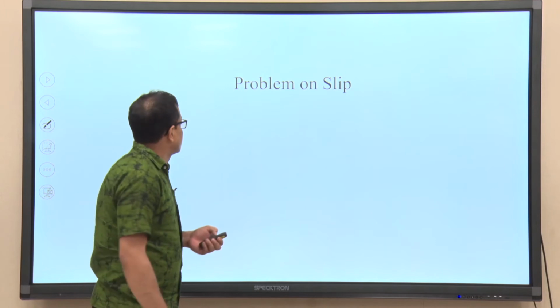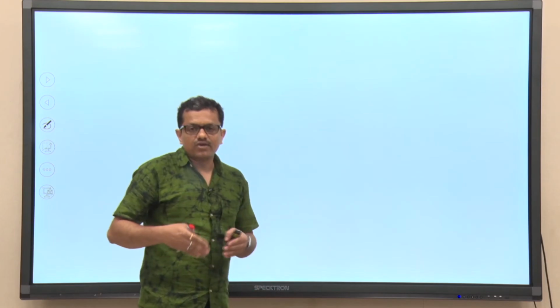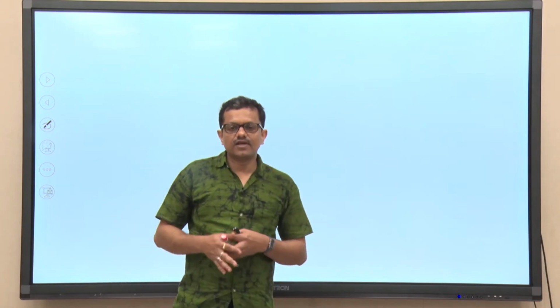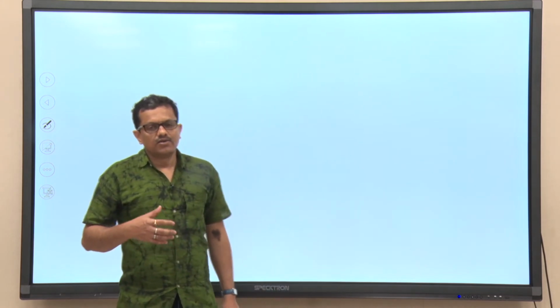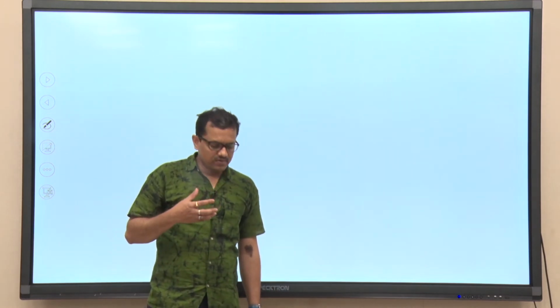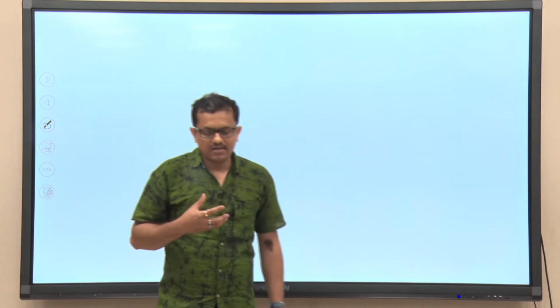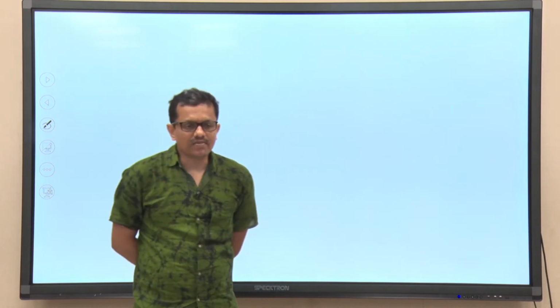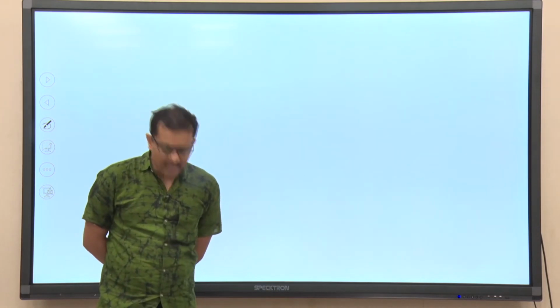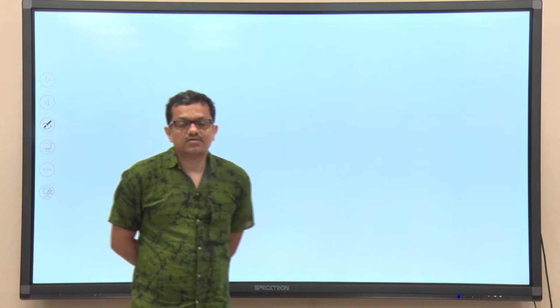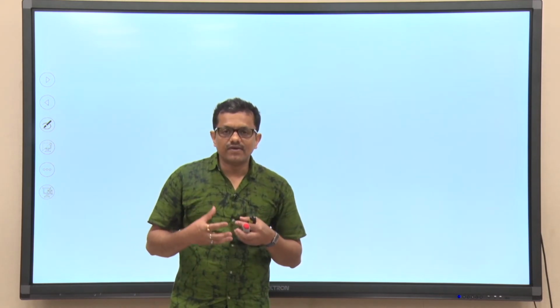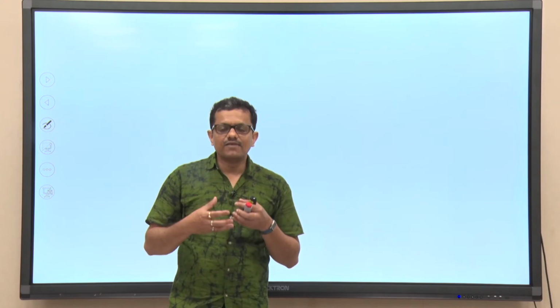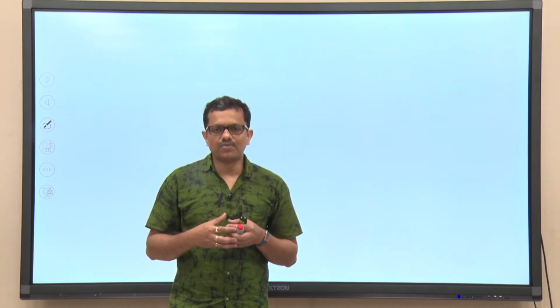Of course, the slip velocity is related to the operation of a radial flow pump in practice. So, today we will be discussing one numerical problem, and the problem that we are going to solve today is very important from one important aspect. When we are solving a numerical problem, it is very unlikely that an explicit statement will be given to take the slip into account while solving the problem.